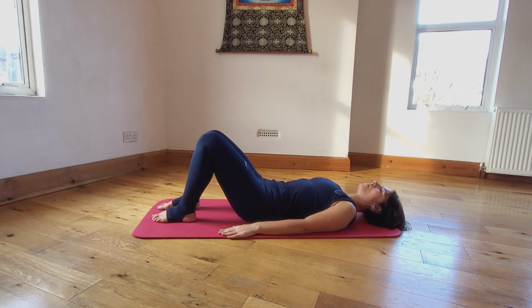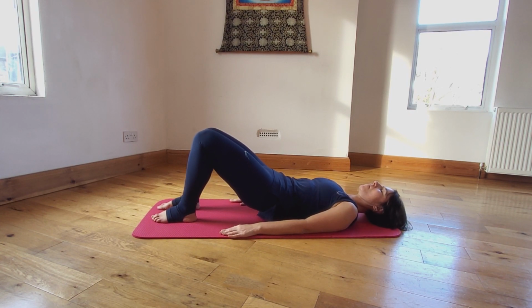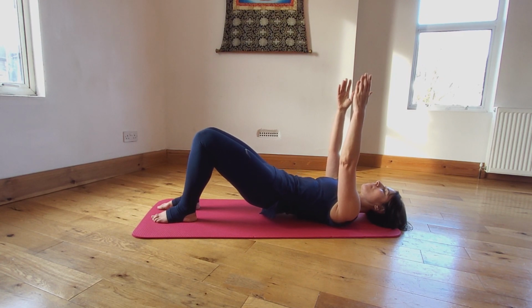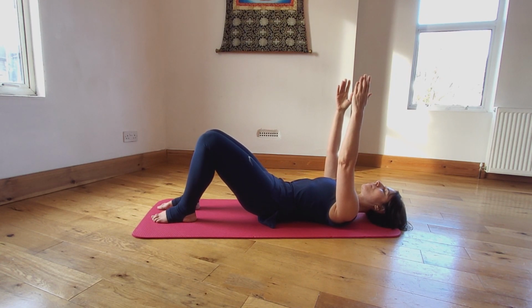And then we're going to roll again, peeling one vertebra at a time. No rush, lengthen. Pull the thigh bones away, send the weight over your toes. Take the arms up, breathing in, and then rolling down, chest melting away from your fingertips, all the way down